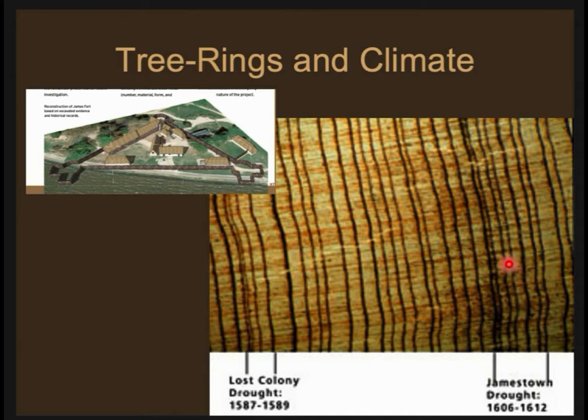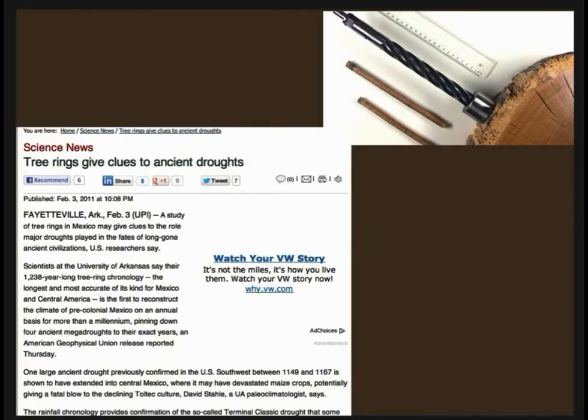Jamestown was not abandoned, but it almost was abandoned. And during the period when it almost was abandoned, when there was high mortality, you can see how narrow these rings are over here. There was a period of pretty intense drought compared to the periods in between and the periods after this drought period, right? So drought could have caused the end of Jamestown. It certainly caused a very sharp downturn in the colony, and it may have played a role in the abandonment of Roanoke. And so as we said before,